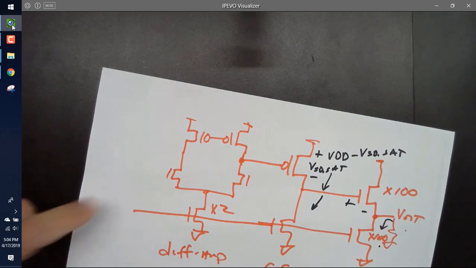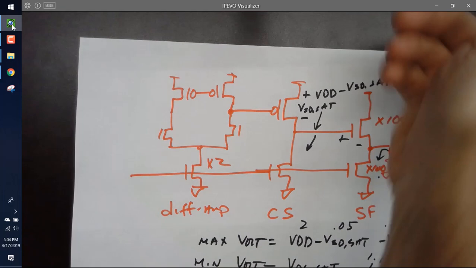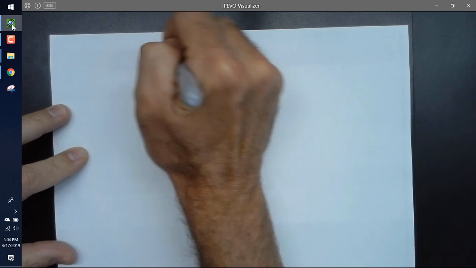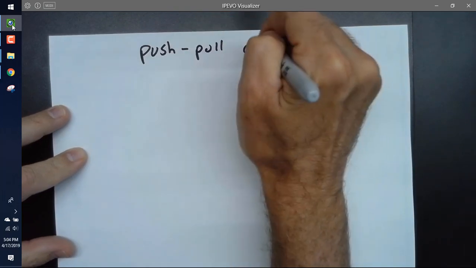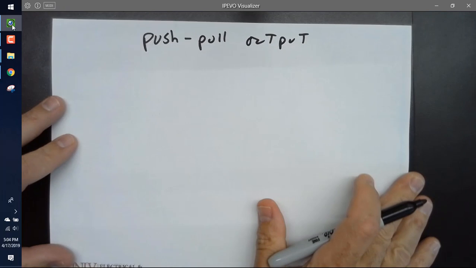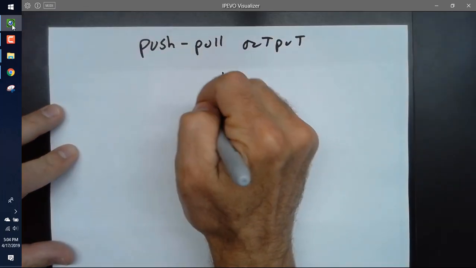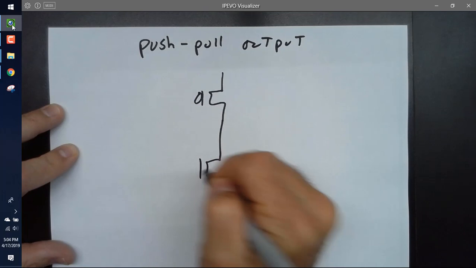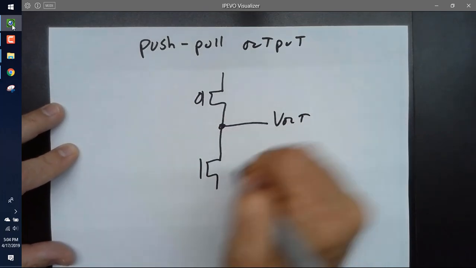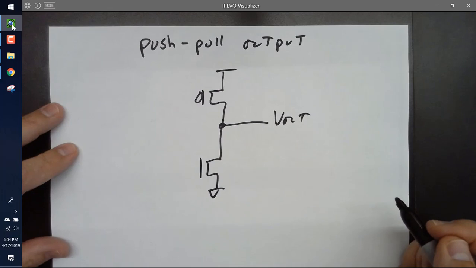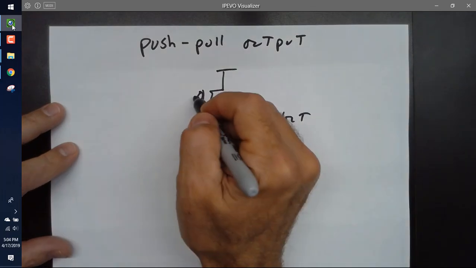So, and then I'll talk about this more next time. Let me tell you what we're going to do. In order to get a wider output swing, we're going to use what's called a push-pull output. And then this push-pull output will look like this. And so in this case, if I were to tie these together,